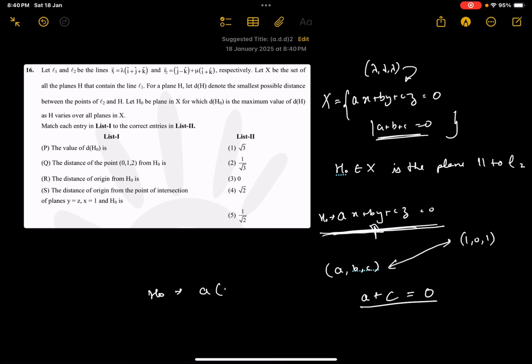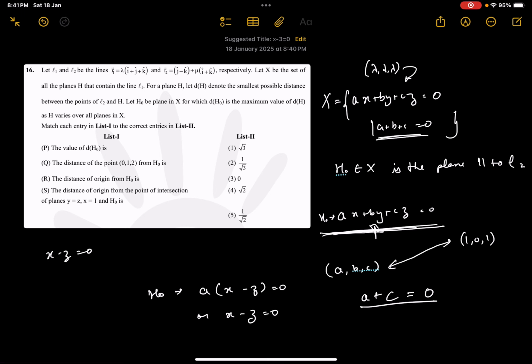So we have ax minus z equals 0, or x minus z equals 0 is the equation of our plane H0. So we have H0: x minus z equals 0, and as the line L2 is parallel to this plane,